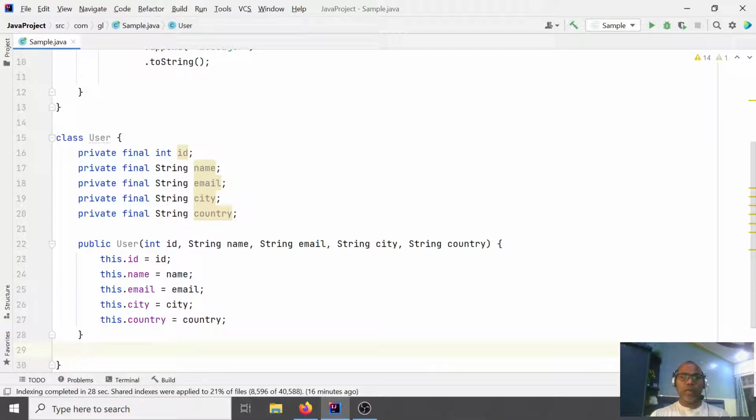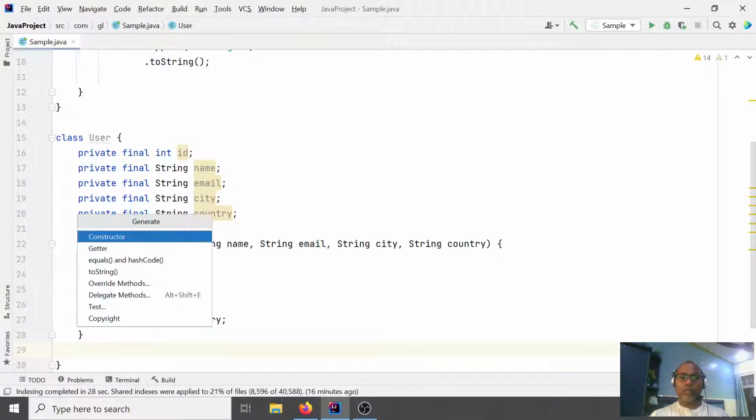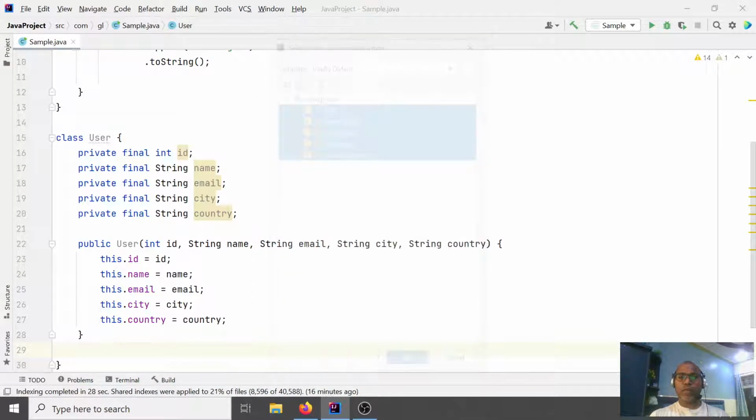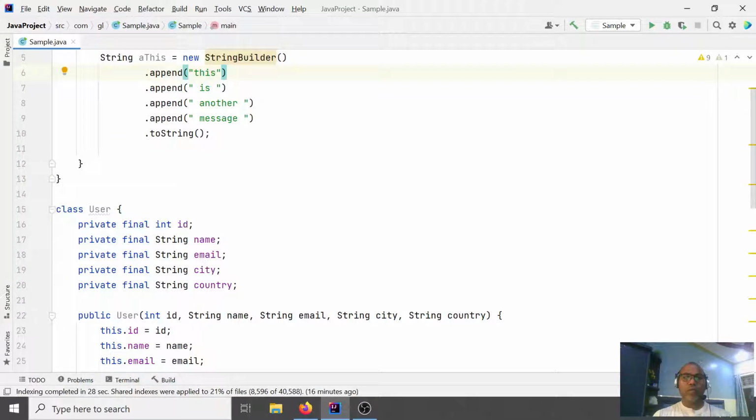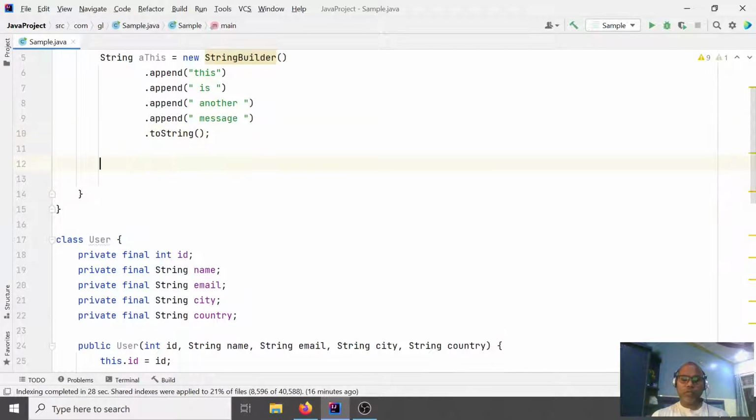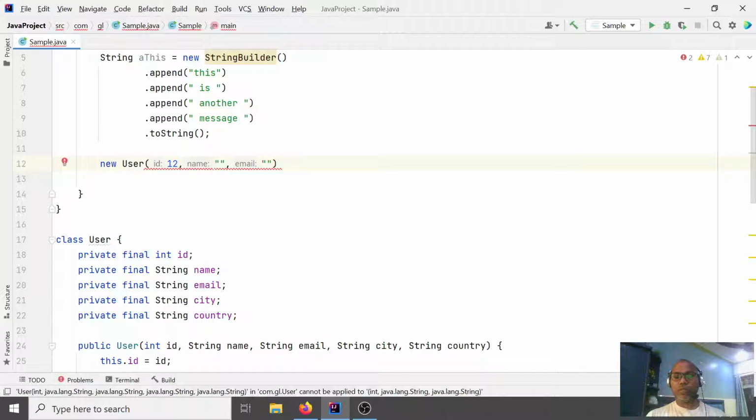So here you can just insert your getter method so that someone can get. So now this is the way. But the problem is, if I want to create the user object, new user, you have to pass the complete parameters here. Suddenly I don't know in which order. I don't know if the first is an ID or a name or what.